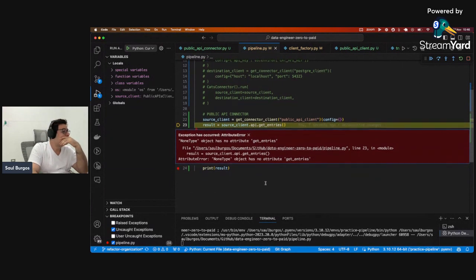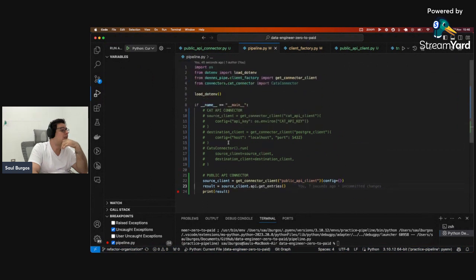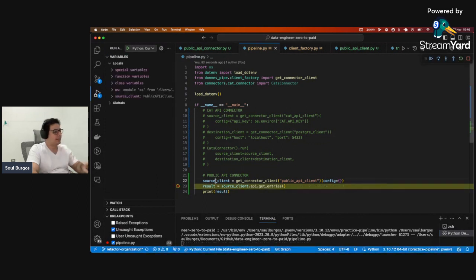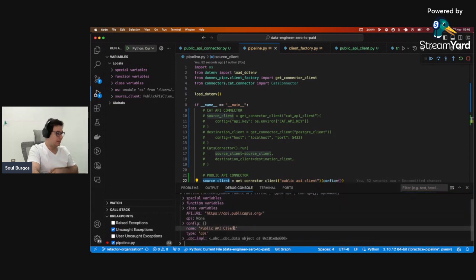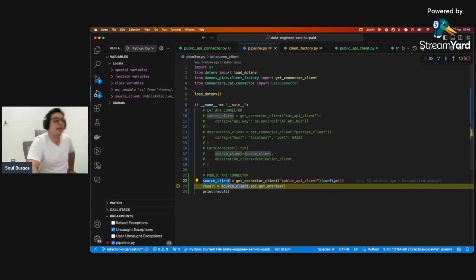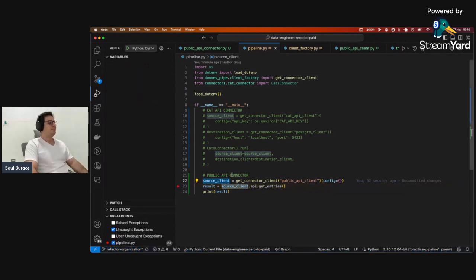Non-time OIA has attribute entries. Okay, because this is just the source, remember? We are not connecting yet. At least I will check this value if we are getting the instance. And the API is none because we have not connected yet. That's cool. And actually, you know what? We are going to create